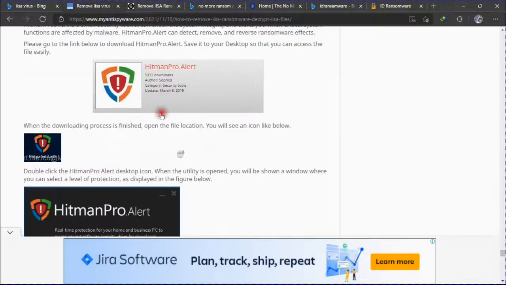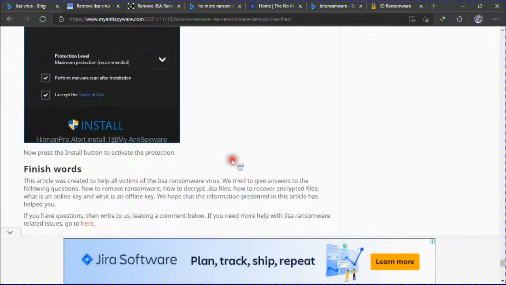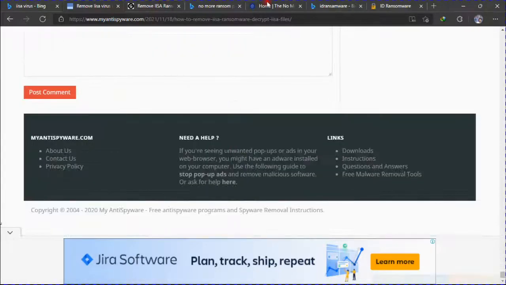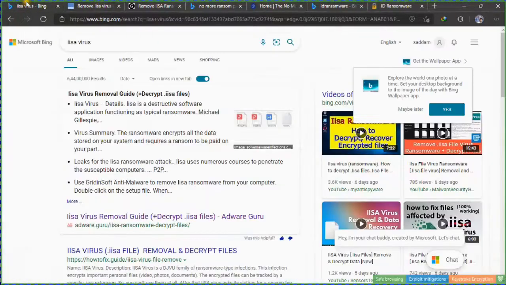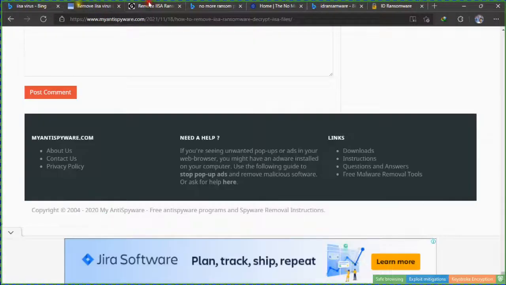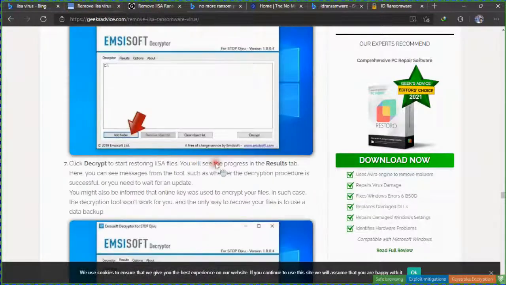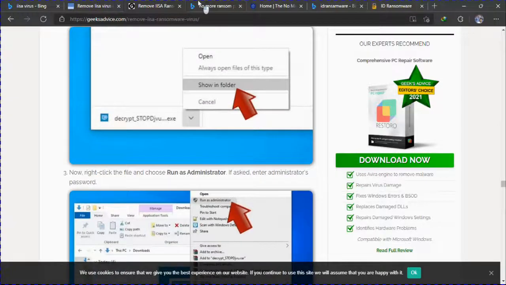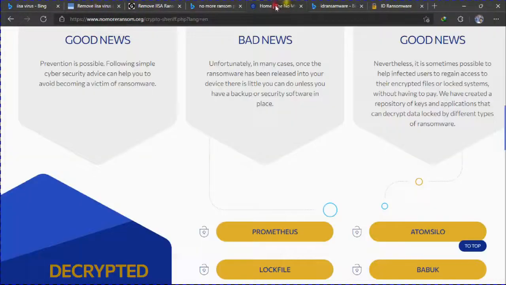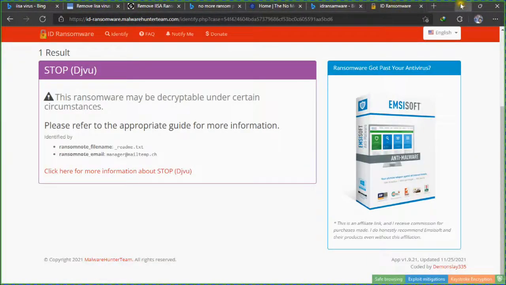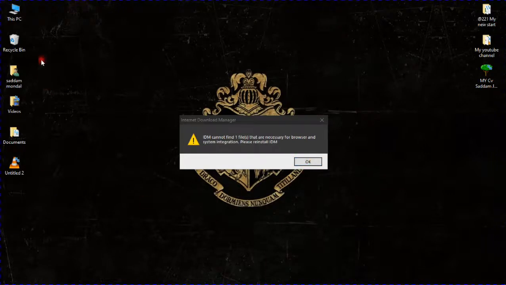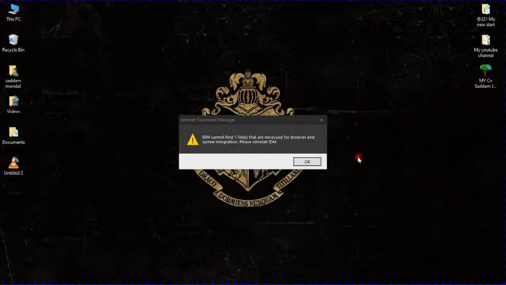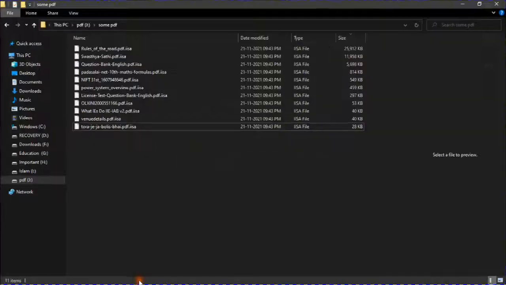So yeah, install Hitman Pro on your computer and run it. For any kind of app, you can go to getintopc.com, that will help you. So keep following this site to know more. And it's my bad luck that I am not able to crack my own, because I need to wait until they find some kind of solution.